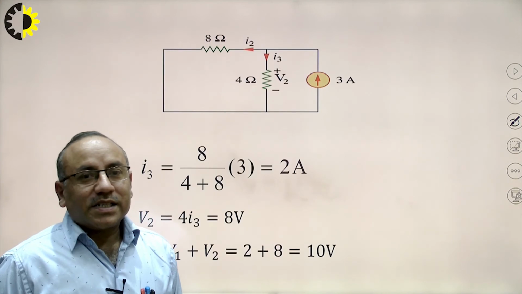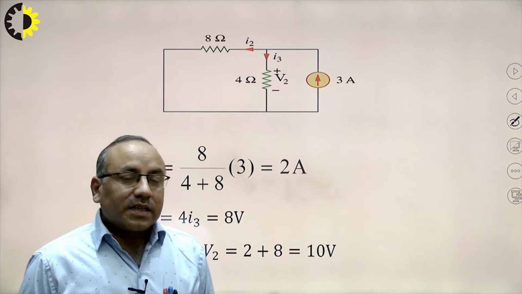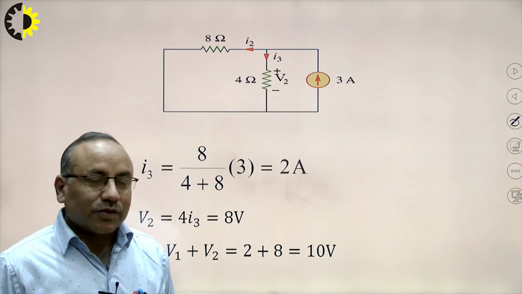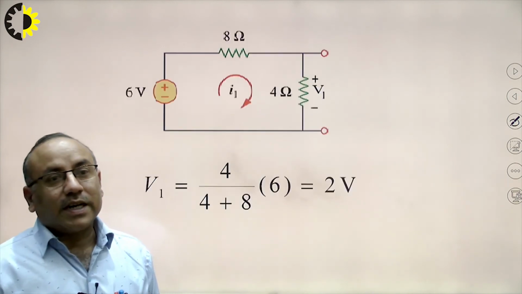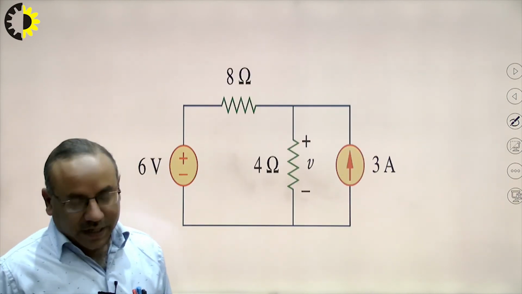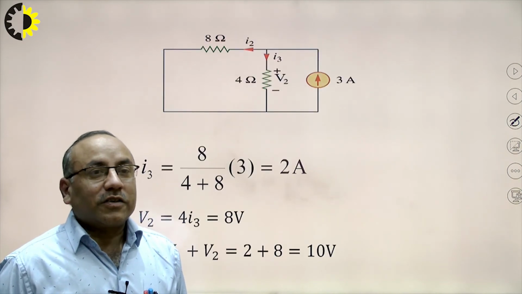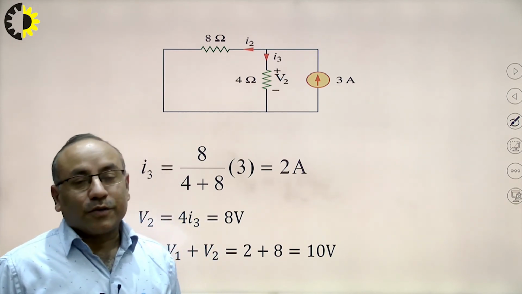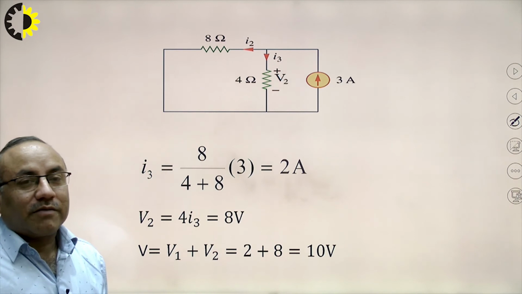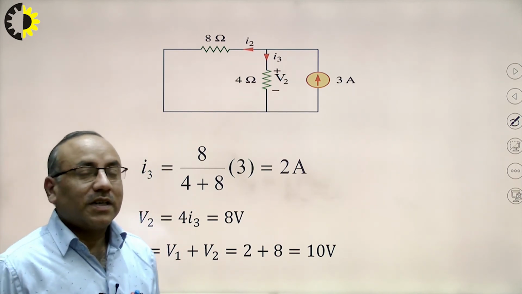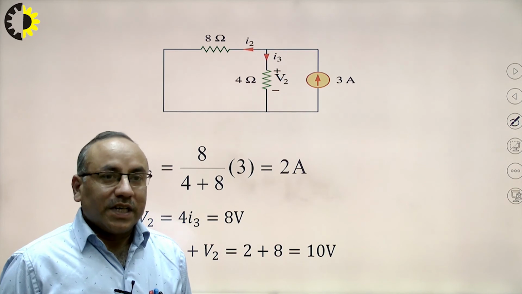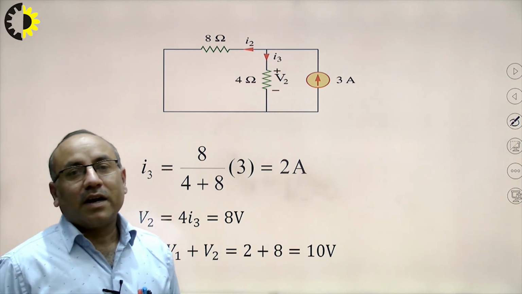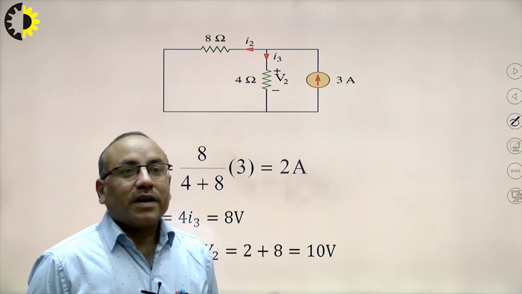Similarly, in the next case, we consider the current source of 3 ampere only, and at the same time the voltage source of 6 volt which was there in the circuit is made short circuit, so that after short circuiting, the voltage of this source becomes 0 and no current can be supplied due to the voltage source. So the circuit will be as per the diagram shown in the slide. Here we see the 8 ohm resistance and 4 ohm resistance are now connected in parallel with the 3 ampere current source.